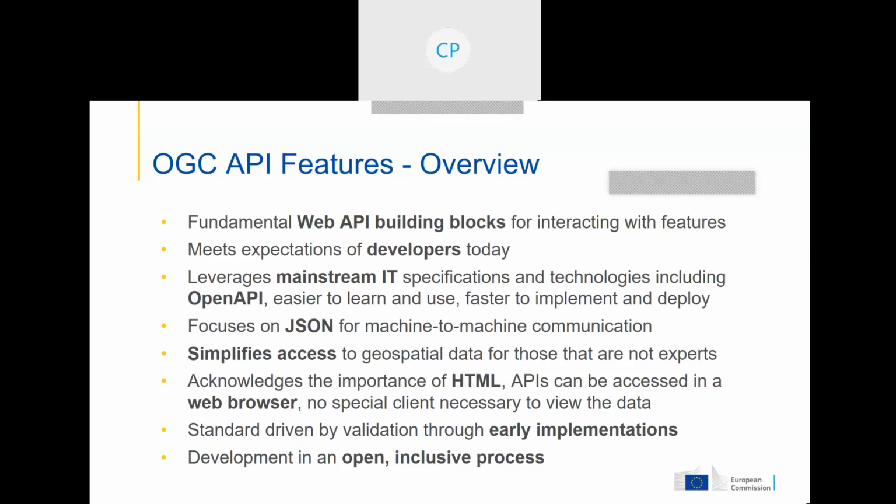And another big change is actually the way OGC is developing the standards. Most of the time, a standard was developed first in the committee, and afterwards it was implemented. We turned that around and said we'll do implementations first, and then document in the standard what is proven to work.